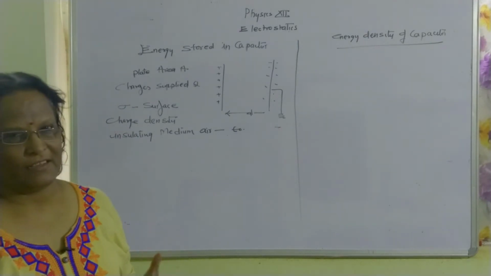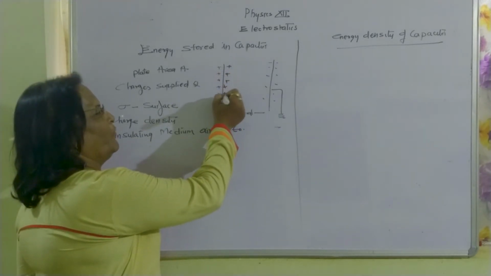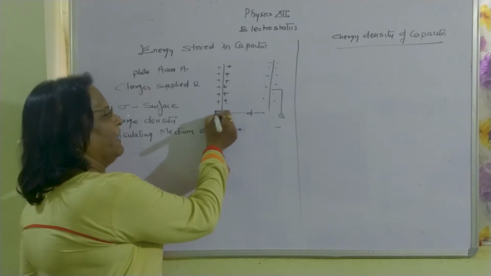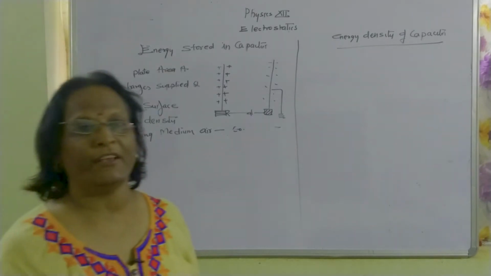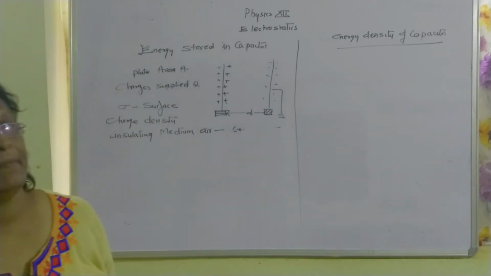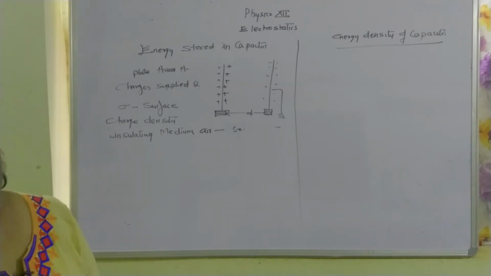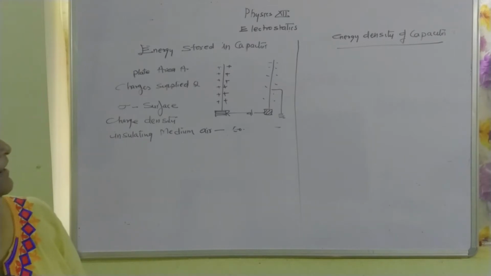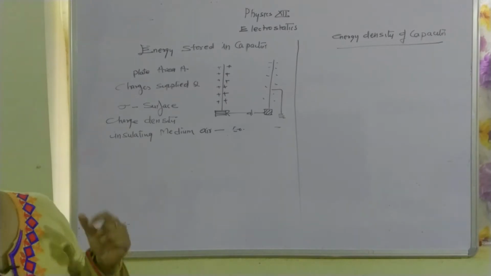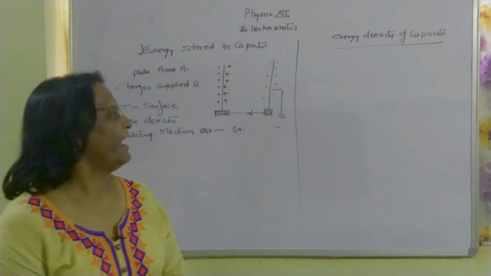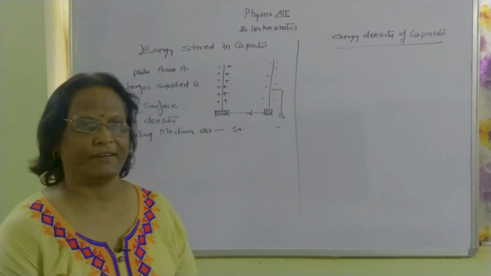So capacitor, as it is known, has two plates, one plate which is positive. This positive plate is actually not positive, but it is made positive by supplying charges, and the second plate is brought in the electric field of the first plate, and it gets induced with negative charges, and its positive charges on the other side are sent to earth, which is at zero potential, by connecting it to earth.